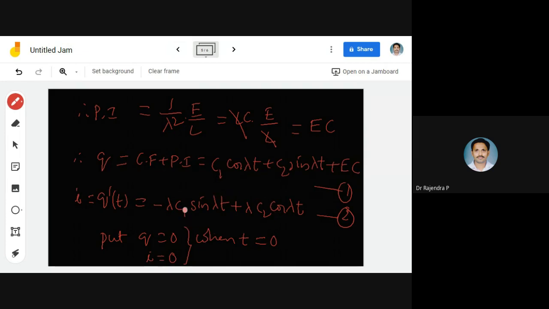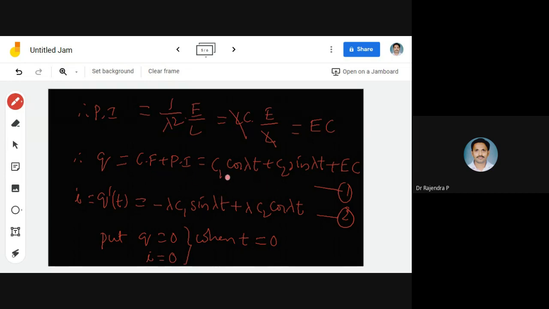To get the second arbitrary constant C2, usually we go for the second condition. So I is 0, as given when t equal to 0. When I substituted here, I got C2 equal to 0. So both the values you got. Once you have these, what they want to find is, at any time t, what is your Q and what is your I. How can I get it? I have to substitute back these C1 and C2 values in those equations.